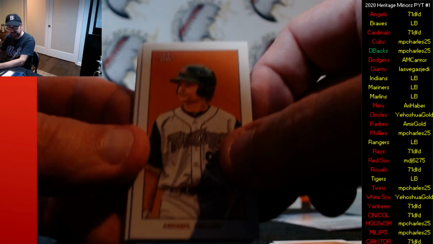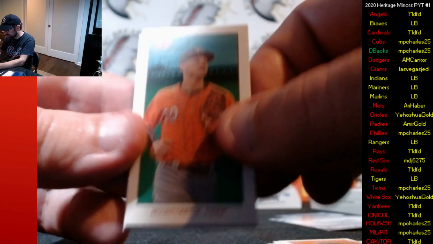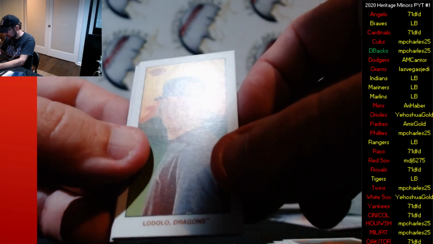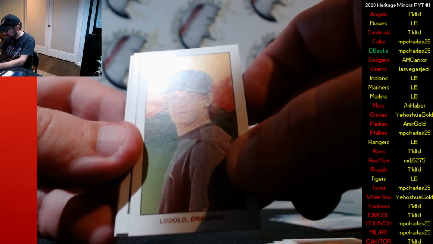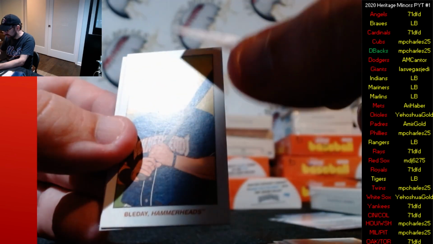C.J. Abrams for the Tin Caps, Padres. Ryan Mountcastle, Orioles. Let me see if these are any of the variations yet. Okay, Nick Lodolo for the Dragons. I believe Nick Lodolo is a red. And let me see if this is...